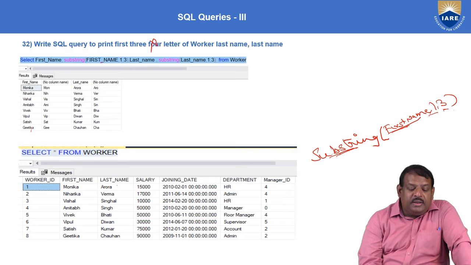Here we have Monica, Niharika, Vishal, all the values. Now I am saying first 3. It goes to this column value and searches, starting at the first position.